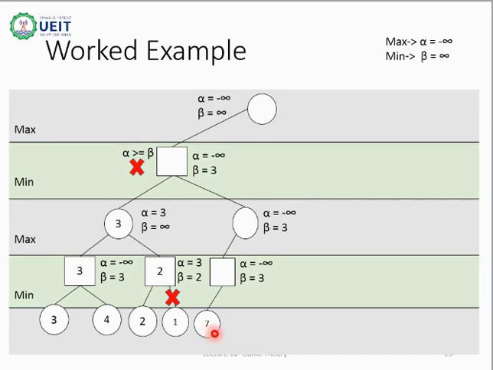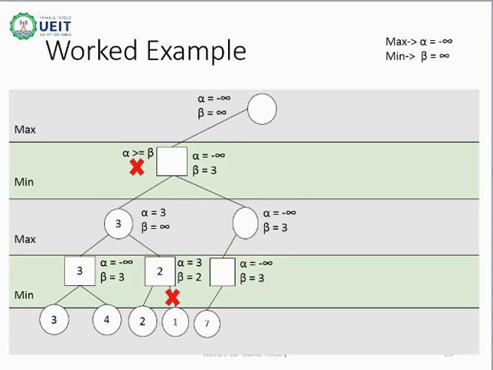Value of beta obtained at parent will be passed down as discussed before. This is the generation line of beta. Beta gets passed down its generation line. From this level, we have to select minimum. We have to work on this level. This value of beta will be changed as we are at minimum level, but as it can be seen that passed down value of beta is already smaller than the value which utility function is giving us for now. This beta will remain the same. The value of beta will remain unchanged.